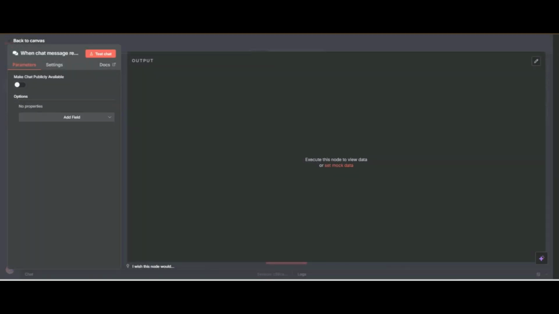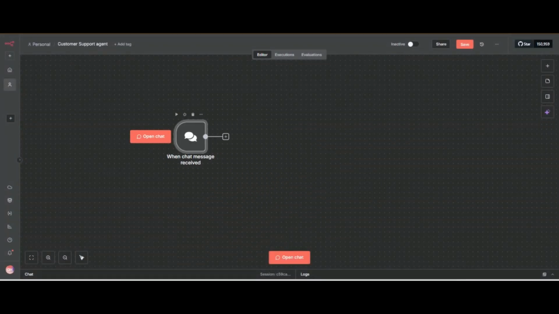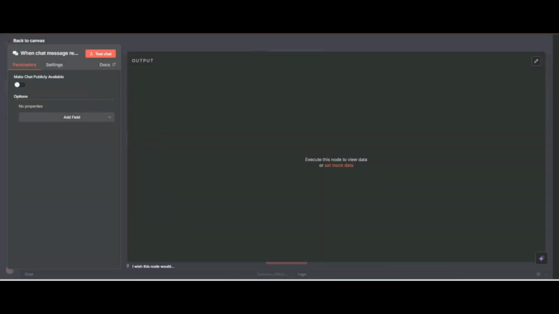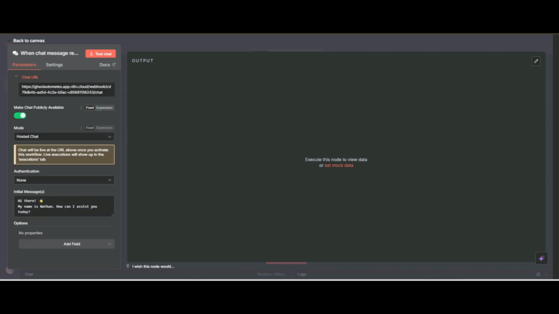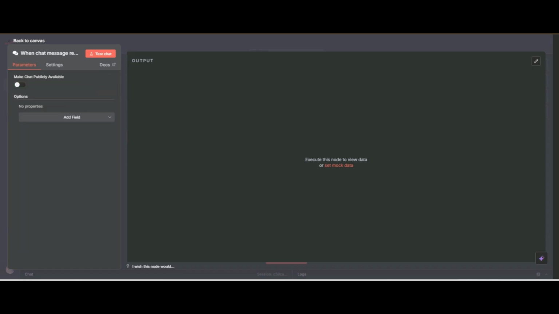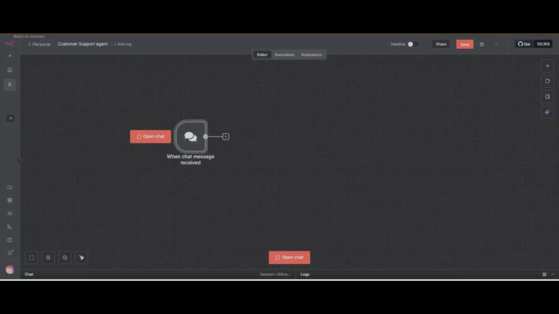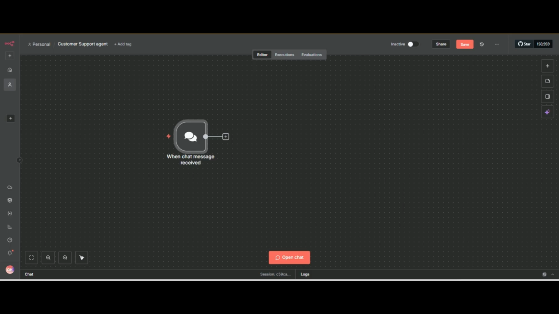You can select it, if we have already added it there. Because we are building now and not deploying this time. If you want to make the chat publicly available, you can click on this and copy your URL, then paste and share it anywhere you want. After adding a node,